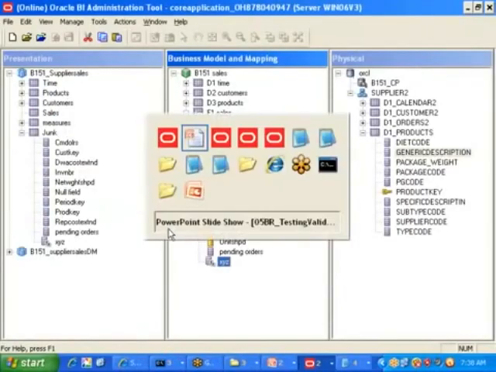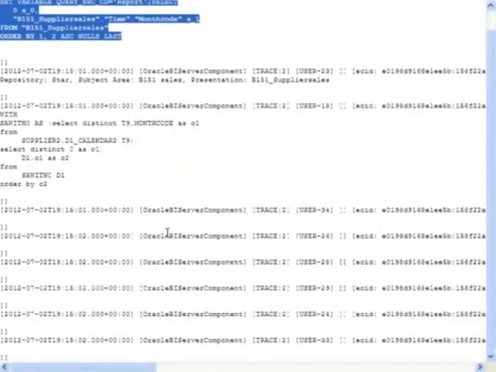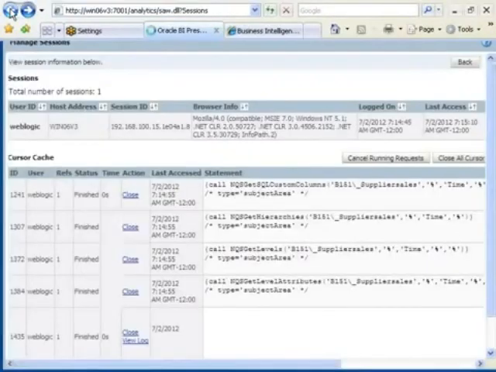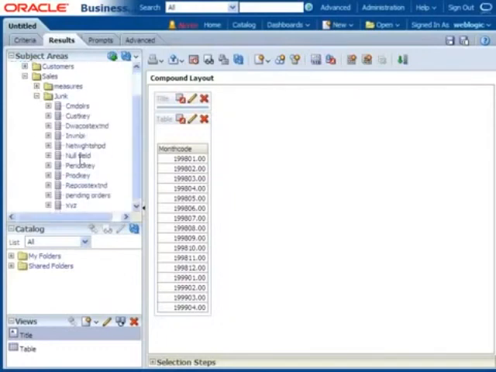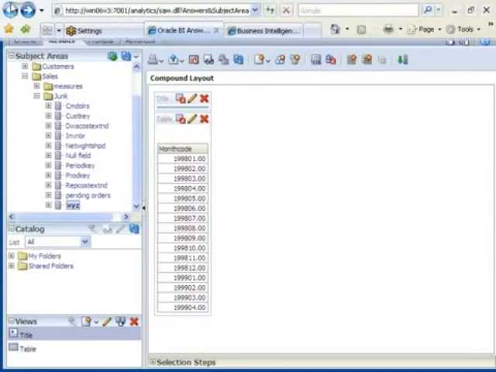Whatever changes we have done here, if you go to our front end, let us say here. Okay, I'm going back. If I expand, let us say, sales, and expand, let us say, junk, then at the bottom of this one, XYZ has come. Why has it come? Actually, I clicked on the back option, right? Whenever I click on the back option, it automatically refreshes. So the server reloaded that object.